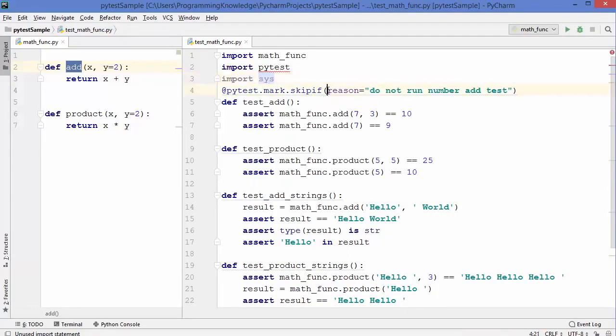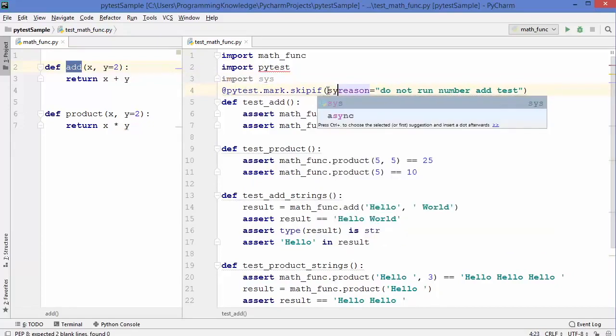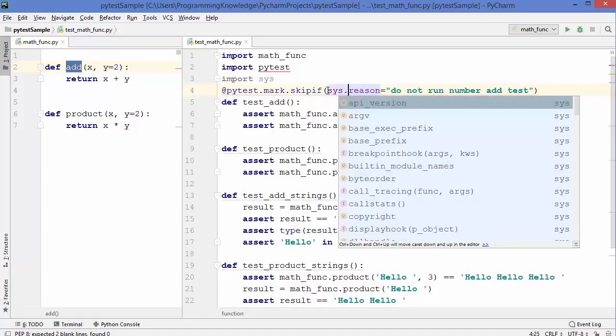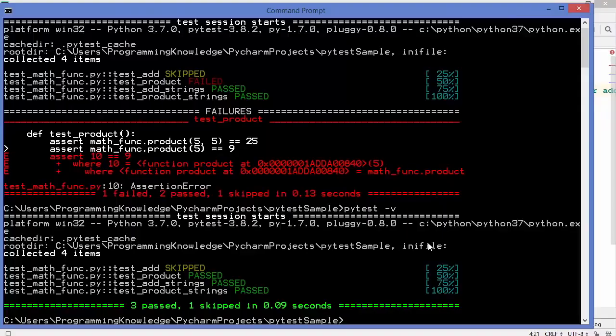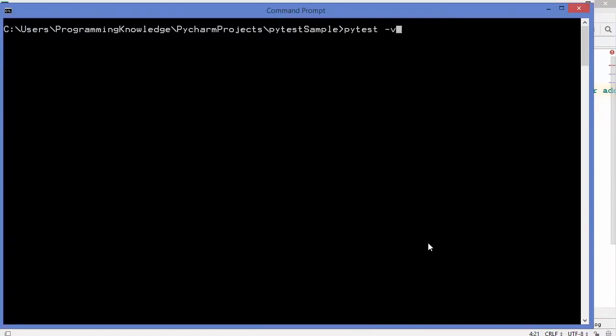And then as a first argument, I can first of all give some condition. I'm going to just write sys.version_info, which is going to give me the version of Python available, and I'm going to check if this version is less than, let's say, 3.3, then I want to skip this test. So let me clear the terminal and once again run the test,